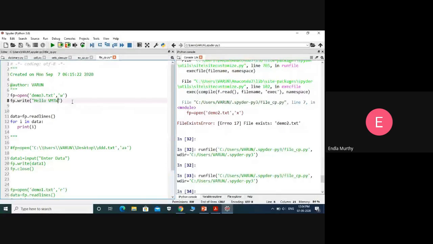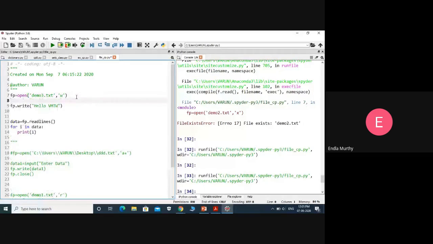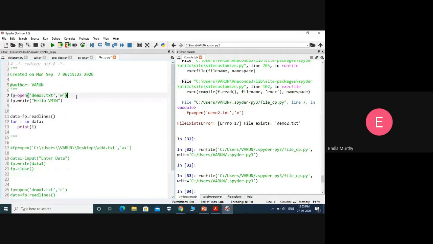Now, if you observe, to write something into the file we are using the function fp dot write, where fp is my file object. Of course, we can use writelines or write. Here I'm using write, then the string or whatever data you want, instead of hello vmtw.